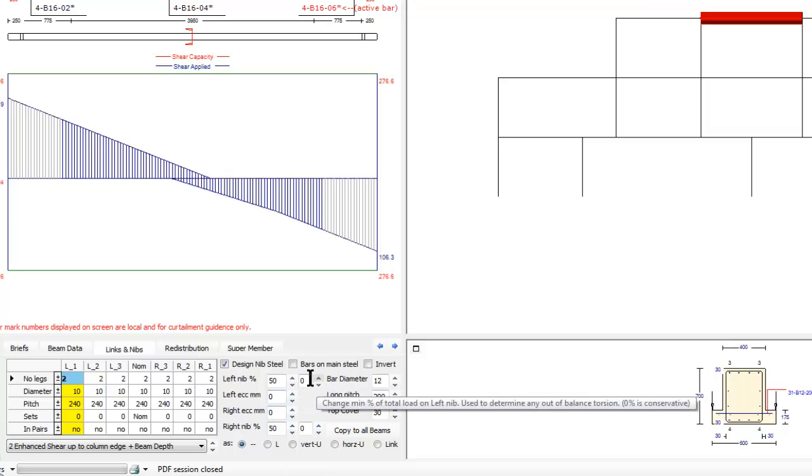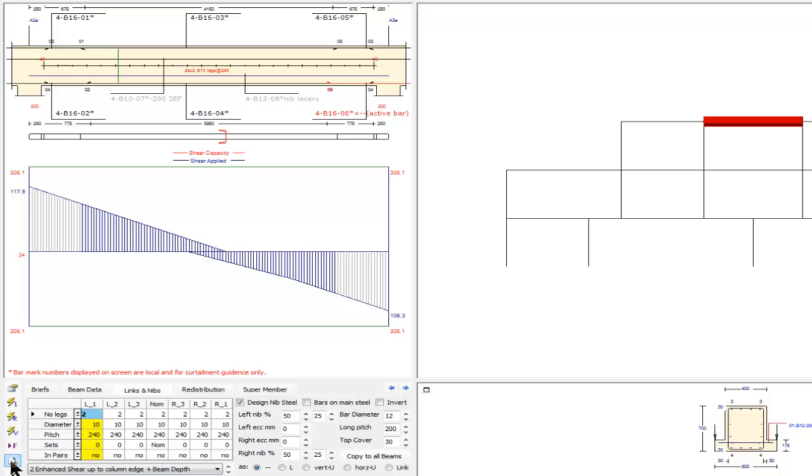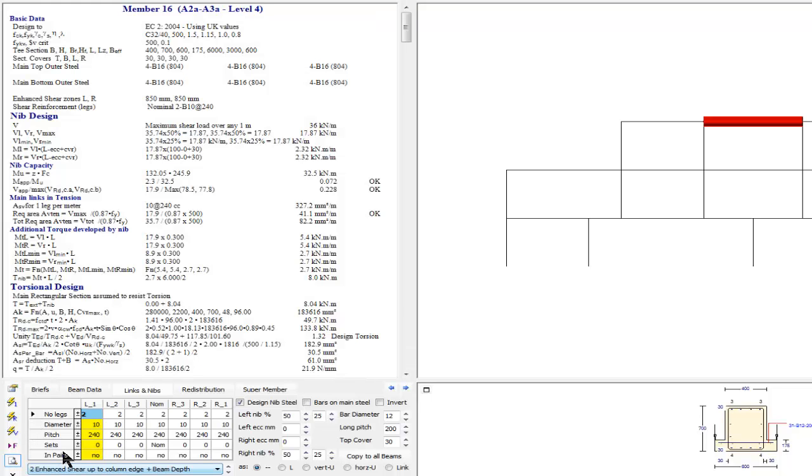We can also stipulate what your minimum is, and that's very useful to get down the amount of torsion. So it works out that it's never less than a half of that. So if we now look at our results, and this is where it will make sense, we will see that